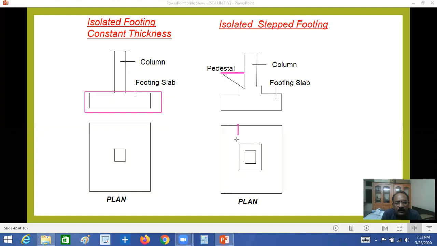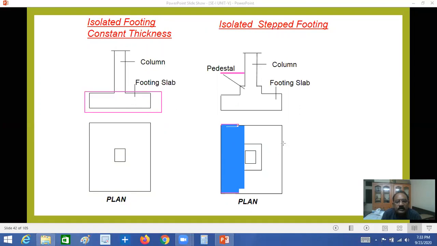From here, we'll calculate this area. This area is for bending moment. Here this area is for bending moment, right? This is the area for bending moment, right? So this is from the face of this column, right? This is the column. Okay, this is the bending moment here we are going to calculate.